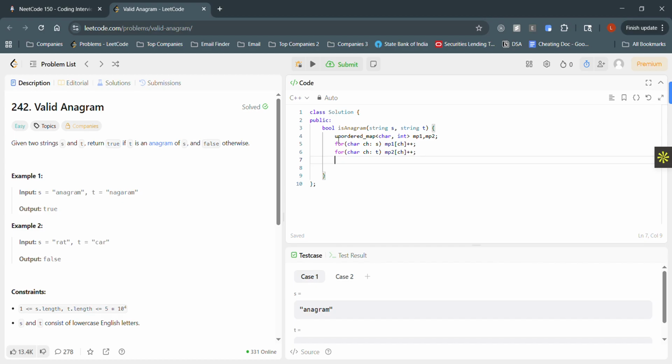So for it to be an anagram, everything should match. If there is a single entry which is not matching, then we can surely say that it's not an anagram. So I just need to traverse through the map and then compare. So I'm traversing through MP1 and